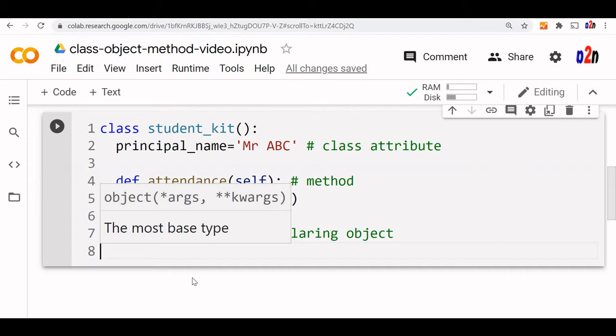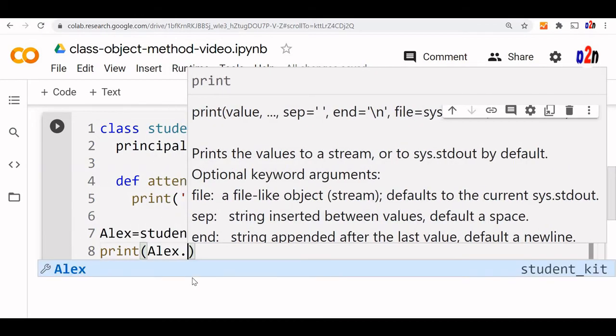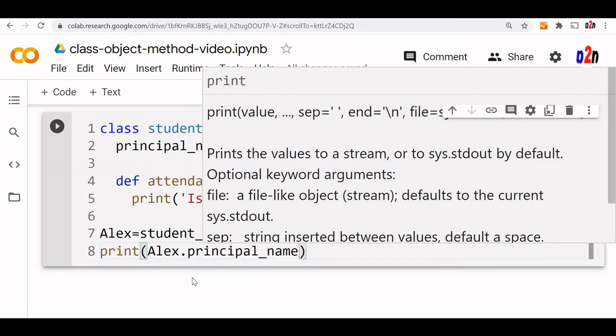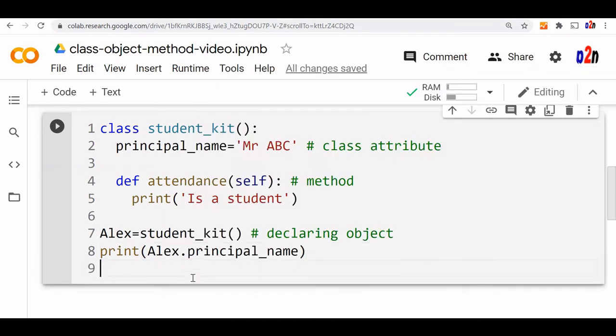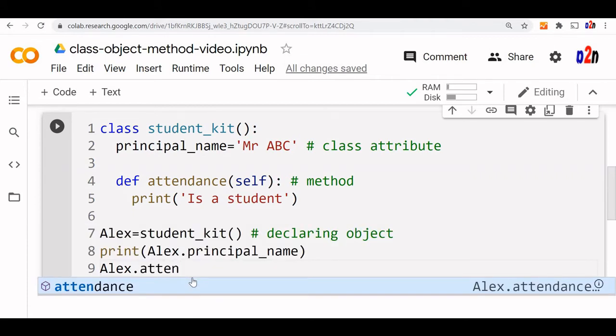Let's now do that. We'll say print Alex dot principal name. Fine. Now again we'll try to use the method. Print is not required because already in line number 5 we have a print there. So we'll say Alex dot attendance.